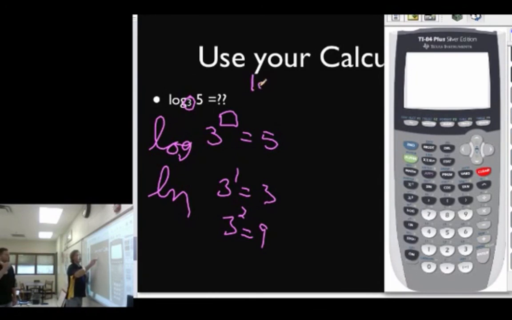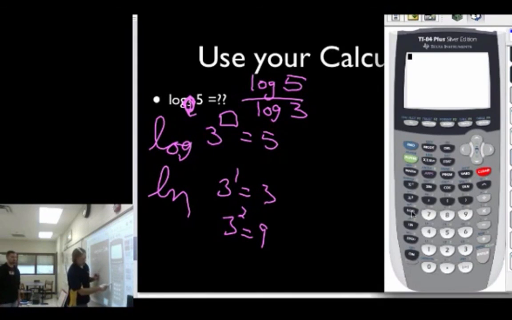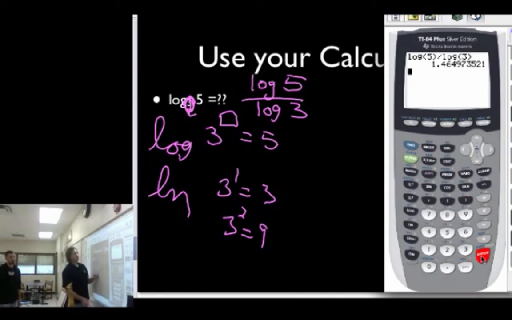You can take the log of the number, the log of the 5, and divide it by the log of the base. So remember, this is a subscript. It's down toward the bottom. Remember, that's the one that goes on the bottom. So log 5 divided by log 3. So log 5, don't forget to close your parenthesis, divided by log 3 equals 1.46. We were right, it was between 1 and 2. I don't think I would have guessed and checked